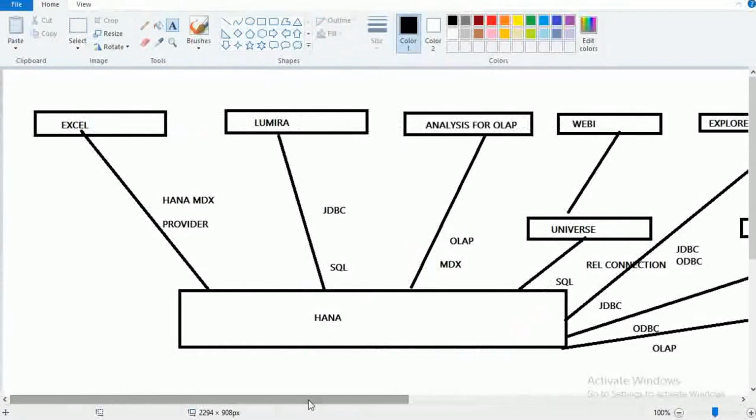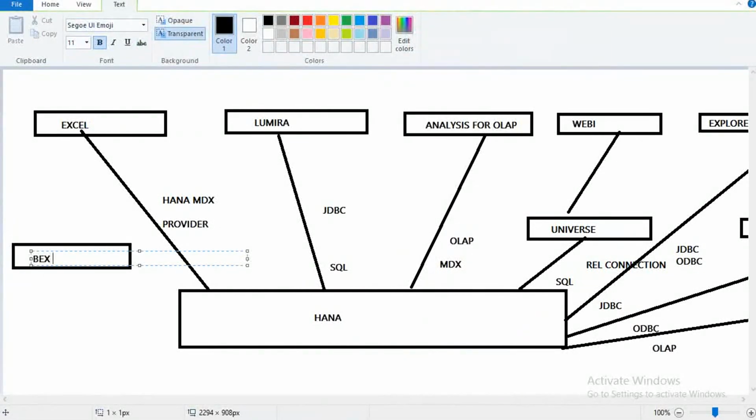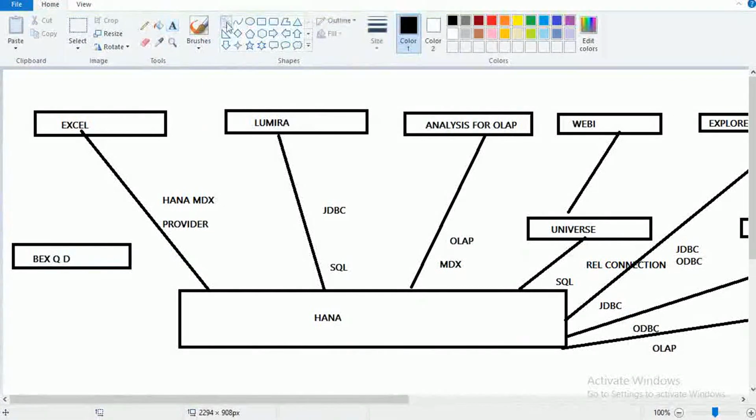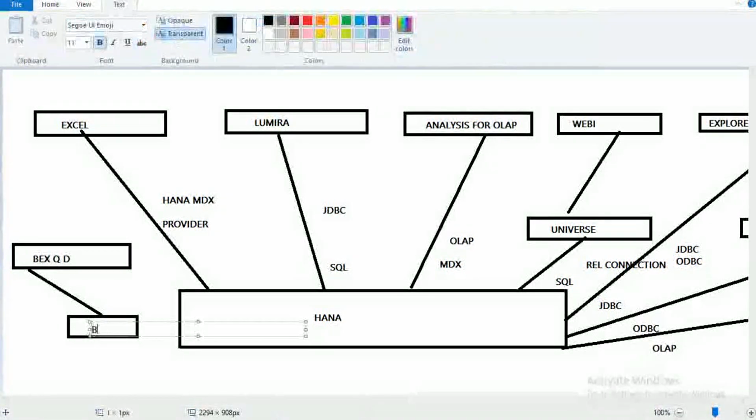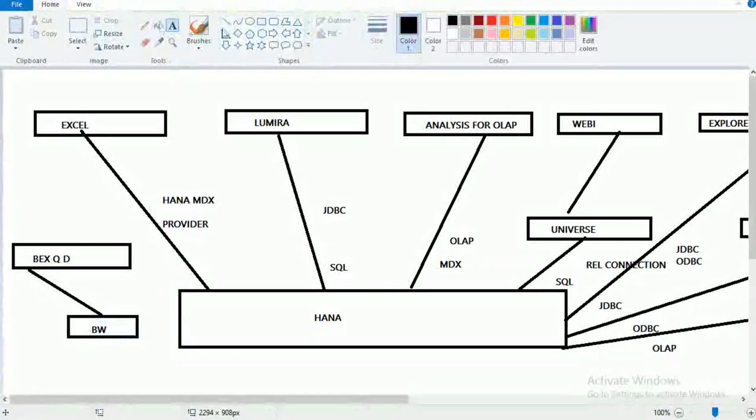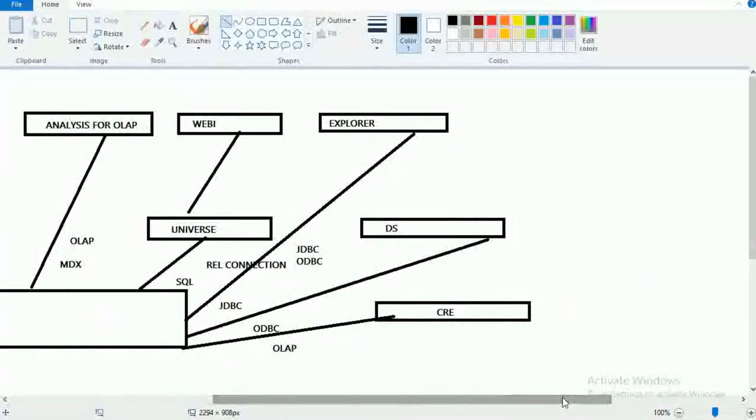So apart from this, you also have something called Bex Designer, Bex Query Designer. Bex Query Designer can connect to SAP HANA, but in between you have Business Warehouse, BW. BW can connect to SAP HANA. So let us see